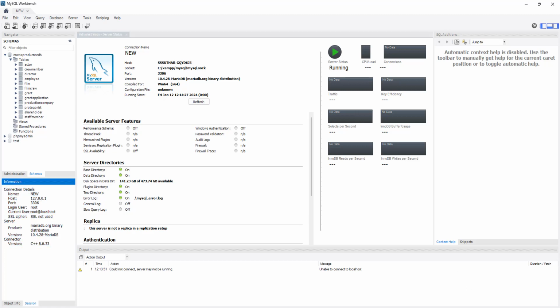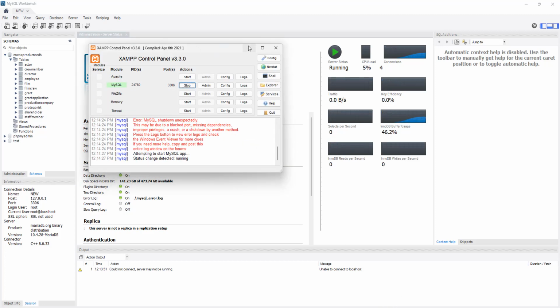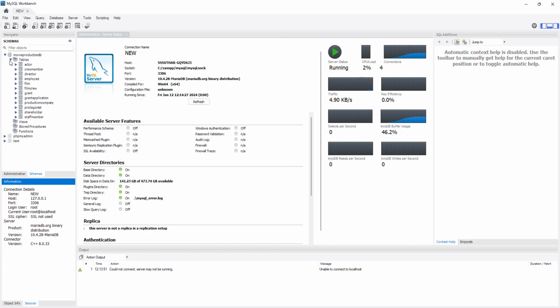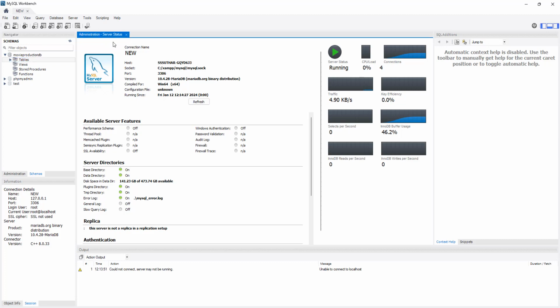Right? So you can use a different combination with the Workbench. You can also use a different kind of server provider. Microsoft also provides one, and SQL Server is also there. You can use any kind. I'm using XAMPP here, right? So these are the tables that are already created while working on the project. But once you are here, what you can do is